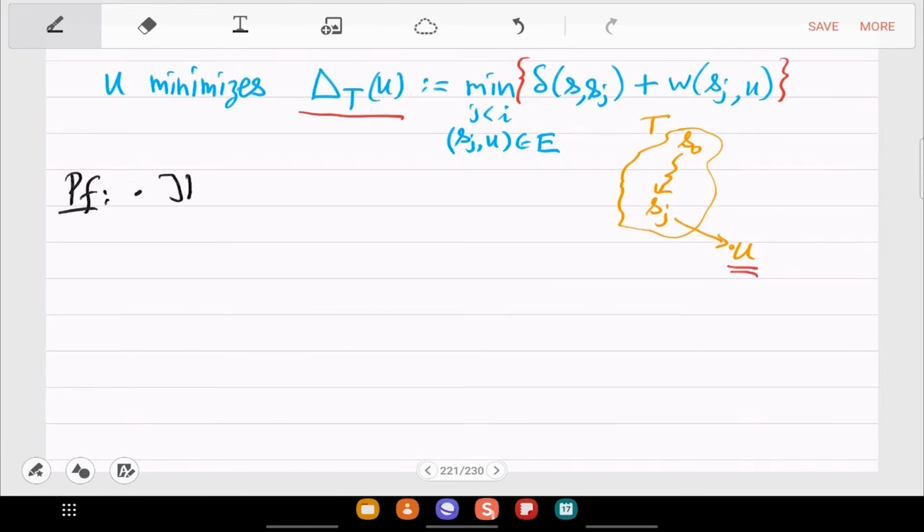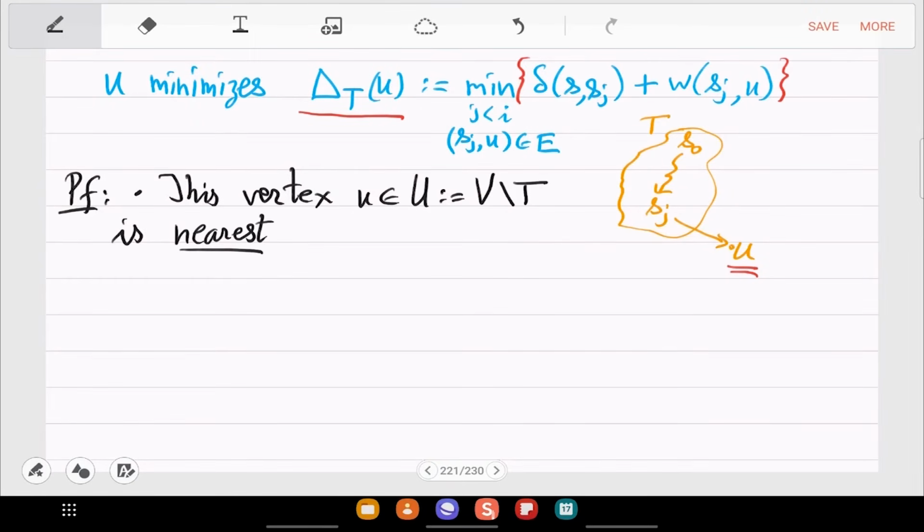So this vertex U, which is in the set U, which is basically from the vertex set remove the tree, this vertex small u is nearest to the current tree T. So just like we had deduced before that from S0 the nearest city, if it is S1, then we know exactly the distance from S0 to S1, right?